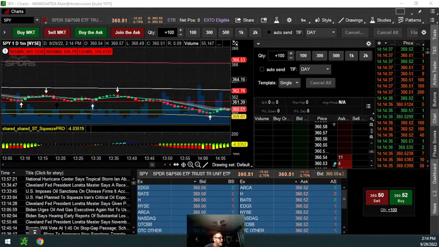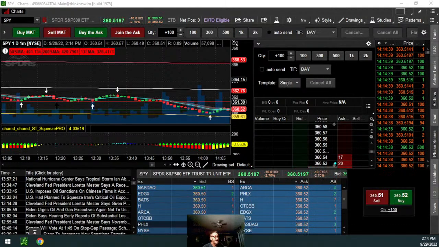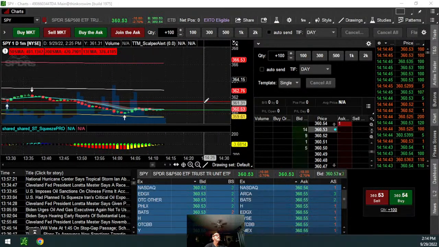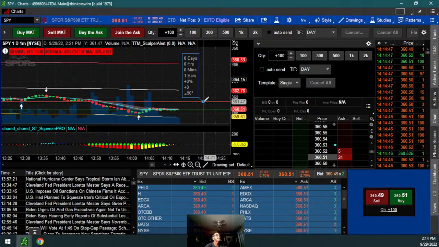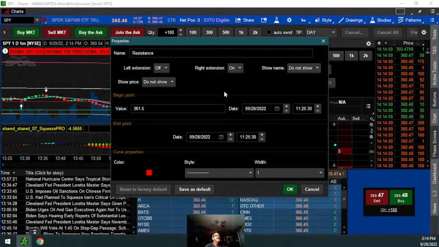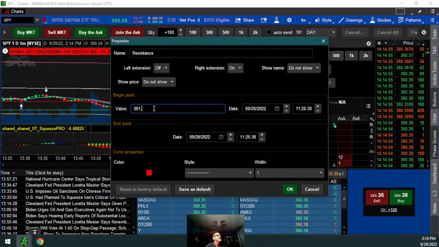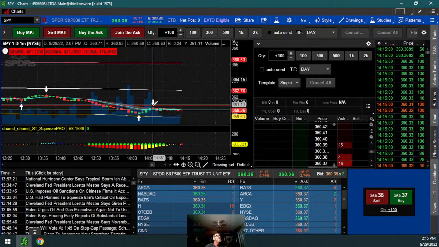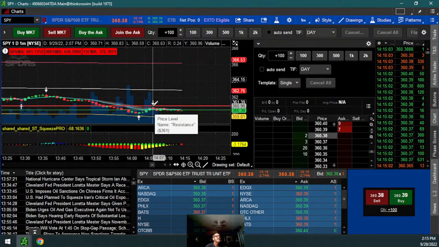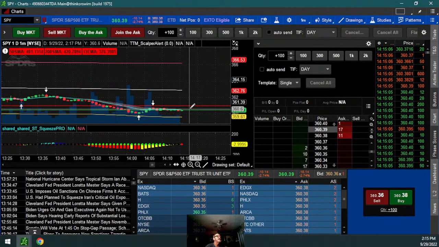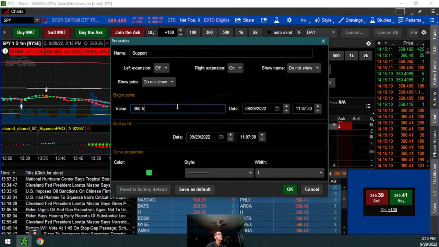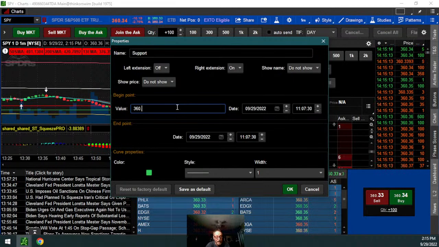I'm going to take my, let's say, if I take now the resistance, let's see, all right, I'm going to move a little bit. I can say my resistance has come down a little. So if I go in here to edit that, I got 361.50. Let's bring that down to 361. Okay, even. Right there. That'll bring the red down a little bit. We probably might be a little lower. We're probably about a 360.75, 85. And this here, we're going to edit this back down to 360. And I'm going to say for right now, 25.